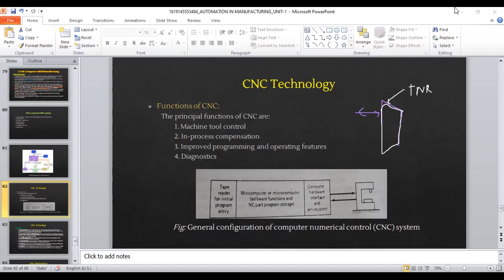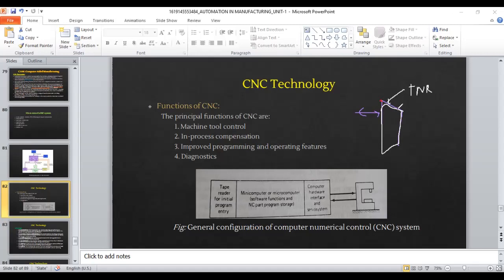Why that tool radius? Okay, you see, what the machine knows is the coordinates of the tool. Let's say this was the reference point. Let me draw it with another color. This was the reference point.